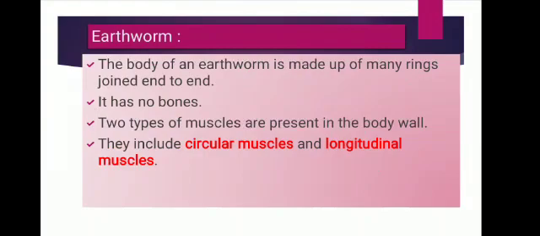Starting with earthworm. An earthworm does not have bones or legs. It has muscles which help to lengthen and shorten the body. And an earthworm's body consists of liquid filled segments. Segment means compartments joined together. The earthworm body has two types of muscles, circular muscle and longitudinal muscle. When circular muscles contract, they make the segments of the earthworm long and thin. And when longitudinal muscles contract, they make the long and thin segments short and fat again.